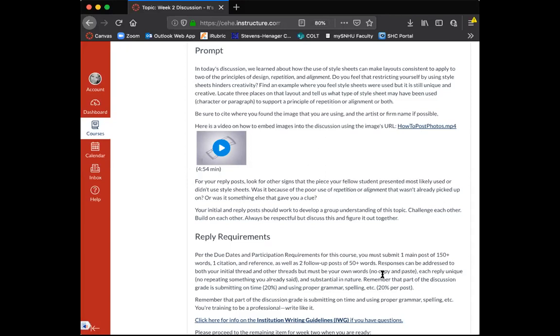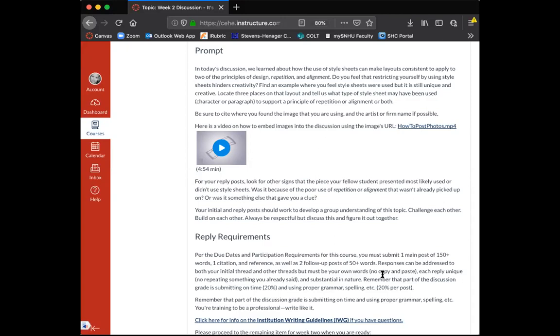Explain. You could even show examples of that. So find an example where you feel style sheets were used, but it is still unique and creative. Locate 3 places on that layout and tell us what type of style sheet may have been used, character or paragraph, to support a principle of repetition or alignment or both.